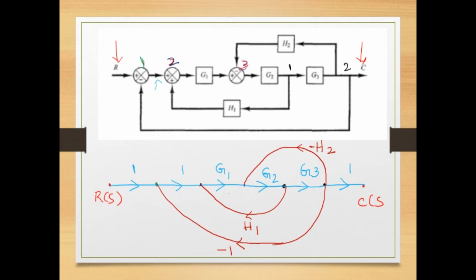So we can see our forward paths. When we apply Mason's rule, we should be careful regarding the forward path. We should see the loops, whether there are self loops or not, whether there are any non-touching loops, all that we have to see. Right now we will redraw the same signal flow graph, and we will try to obtain the forward path gain and feedback path gain, and we will use Mason's gain formula in order to obtain the transfer function.